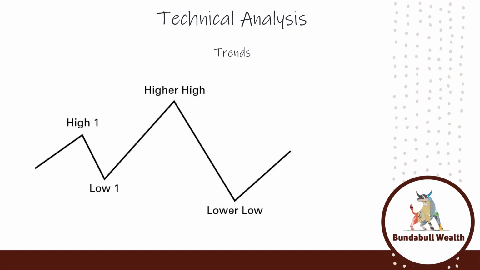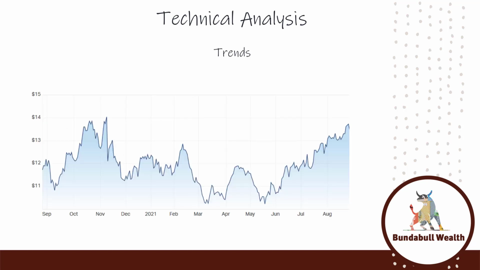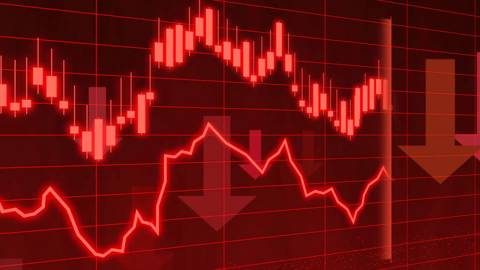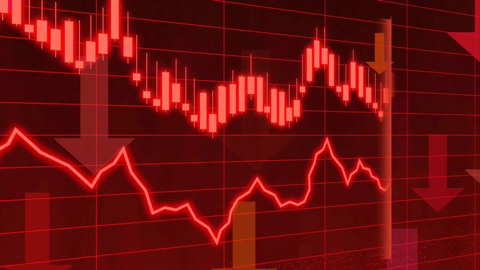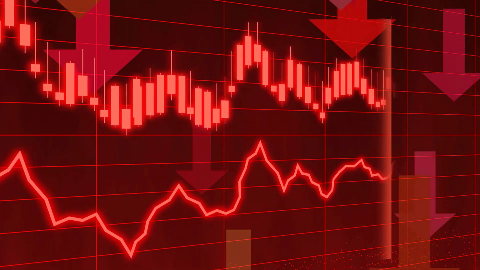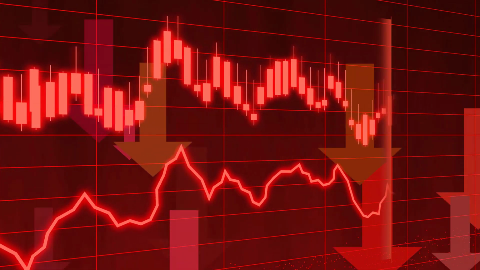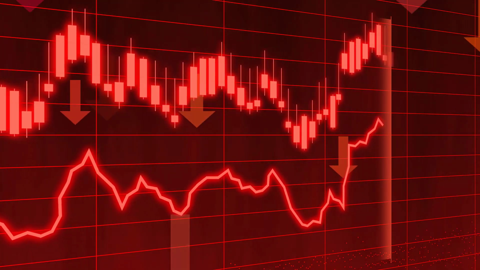There are tools available to enable you to trade in a sideways trending market, but I'm not getting into these today. For most investors, a sideways trending market represents a time to stand aside and do nothing. Establishing the direction of the market or share by determining whether it's in an uptrend or a downtrend or sideways can simplify the process of sorting through a myriad of shares and markets, enabling a search for the best opportunities. It should also save time, as determining the trend is objective and requires little interpretation. You should not have to spend hours poring over charts trying to determine where the market is going. Defining the trend should take less than 5 minutes and can be done at a glance.